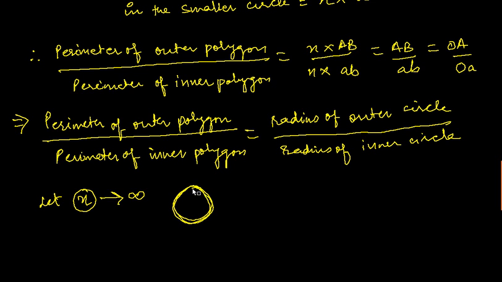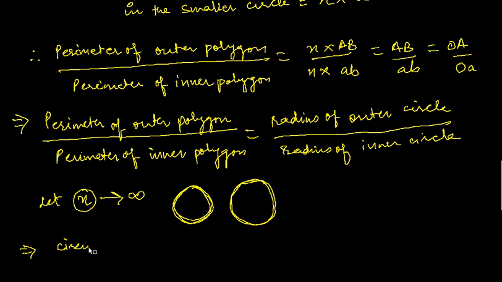Can you see that? If there are an infinite number of sides of the polygon, then basically we are coinciding with the circle itself. Therefore when n is going to infinity, the perimeter of the outer polygon is actually the circumference of the outer circle. This is true for every case, so in particular this case we have